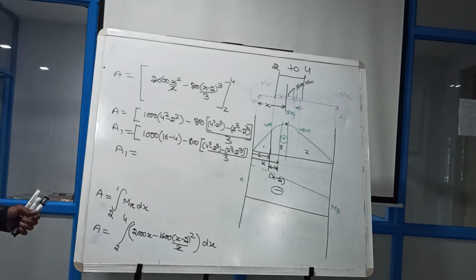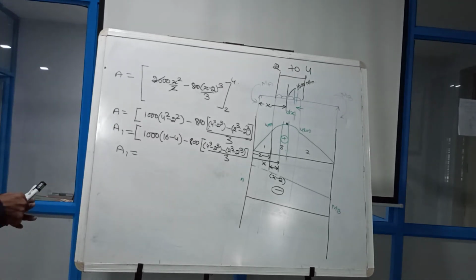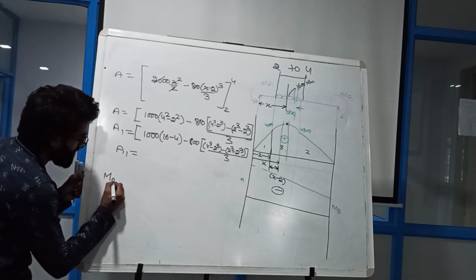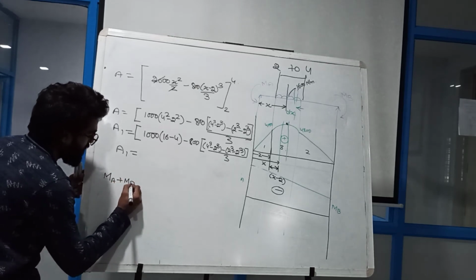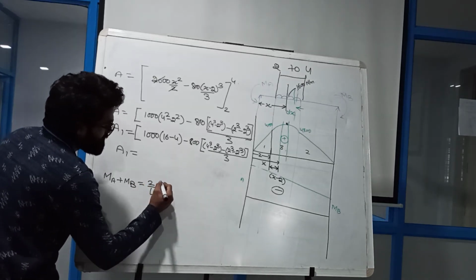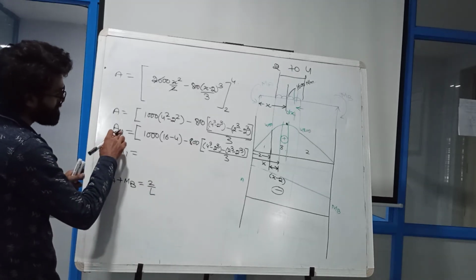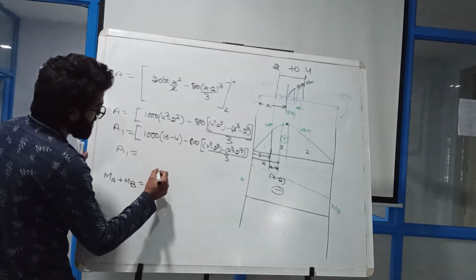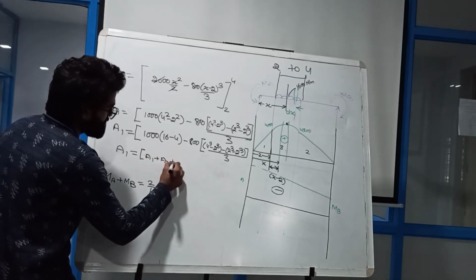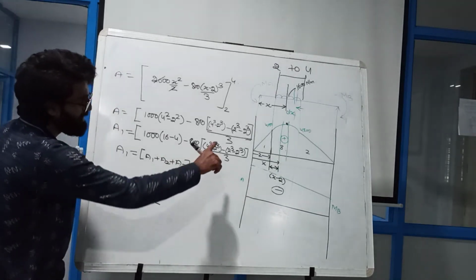I will solve the next step as well. So what is my next step? Now I got my area value as well. What I did last time is I got MA plus MB, where MA plus MB is equal to 2 by L into A times x bar, so into A. So what A value did I get? A1 plus A2 plus A3. This is the value I got. A1 is triangle 1.